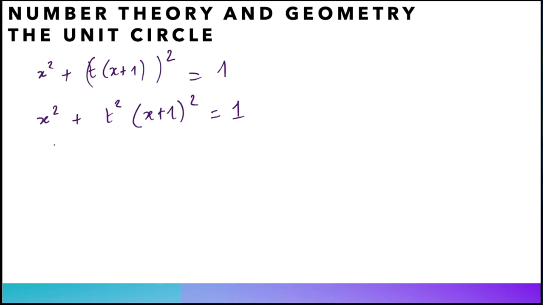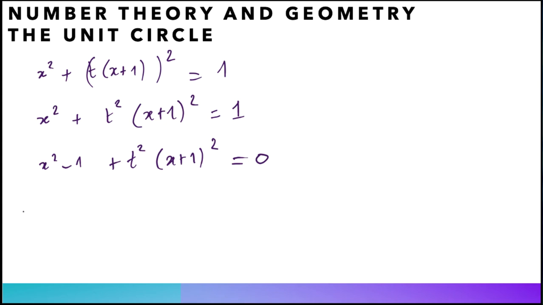So x is the unknown, and this is a quadratic equation in x. In order to solve a quadratic equation in x, we can use delta. But there is one tricky way to solve this without calculating delta. Actually, this equation is equivalent to x squared minus 1 plus t squared (x plus 1) squared equals 0,